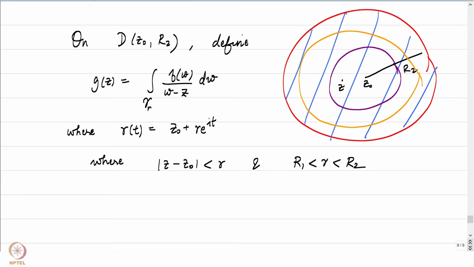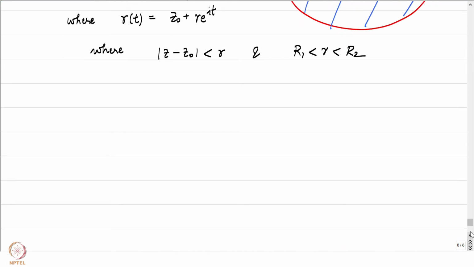But if it was in the annulus, just pick some particular small r which satisfies the condition that mod z minus z0 is less than small r, and define g of z to be exactly equal to this integral. Then the first claim is to check that